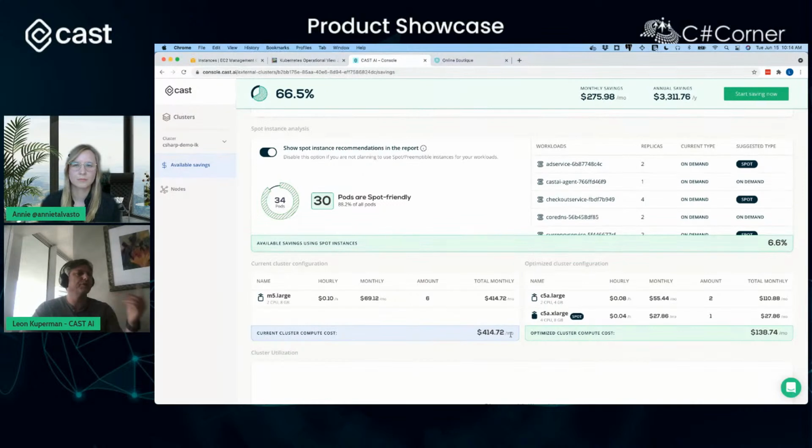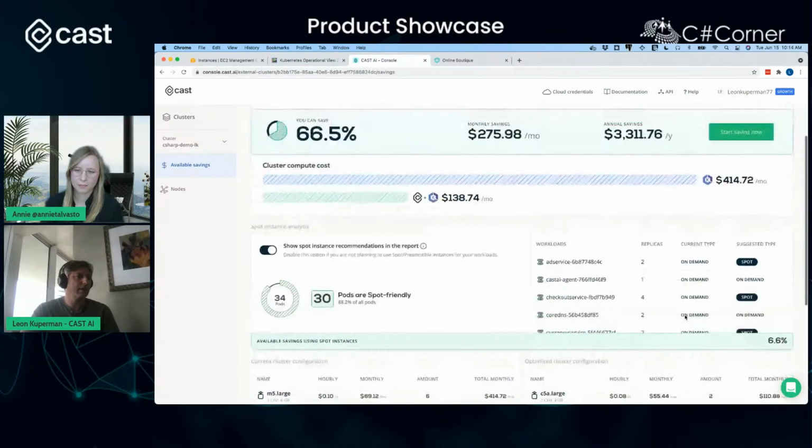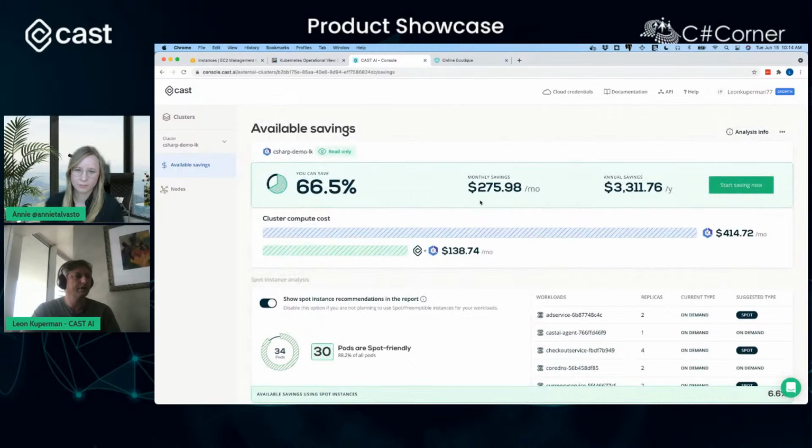It's all reasonable, but your cluster is ending up costing you $414.72 a month, right? That's not great, especially since CAST is saying we can get you down to $138 a month, and your monthly savings should be around $275. If you add that up for the year, you're saving yourself $3,300. That's a pretty good MacBook with an M1 chip if you can save that money. So I would save these dollars anywhere I could.